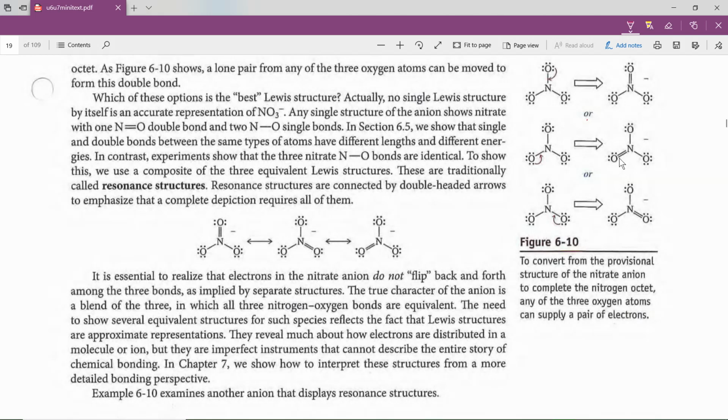Or I could put the double bond here, or I could put the double bond here. I'm not changing the skeleton. I'm just rearranging, shifting around where the electrons are, but I'm not changing the positions of the nuclei. And you see for the nitrate anion, where I got 5 plus 6 plus 6 plus 6 plus 1 more because it's an anion, 24 electrons, 2, 4, 6, 8, 10, 12, 14, 16, 18, 20, 22, 24, that I can have 3 possibilities. And the formal charges, well, let's see, on the nitrogen, it's going to be 5 minus